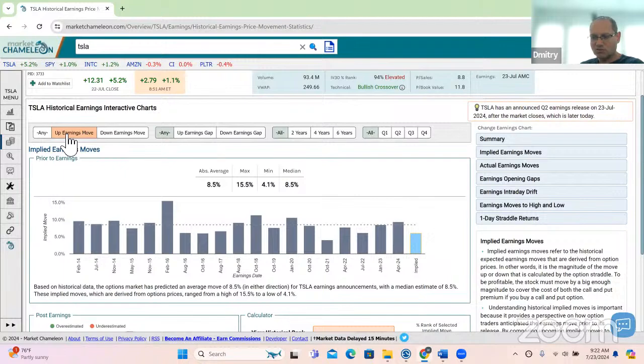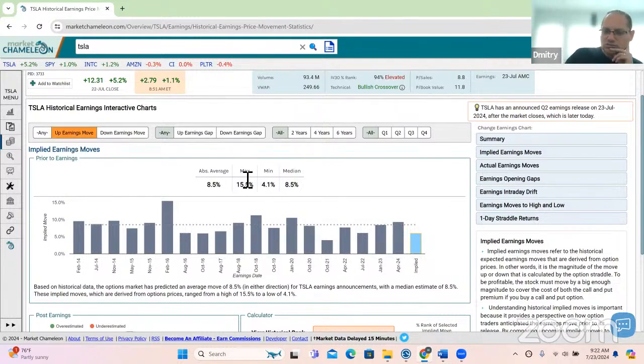Was there an indicator somehow in the straddle pricing that when the move was higher, it was different than when the move was lower? So when the move was actually up the next day,